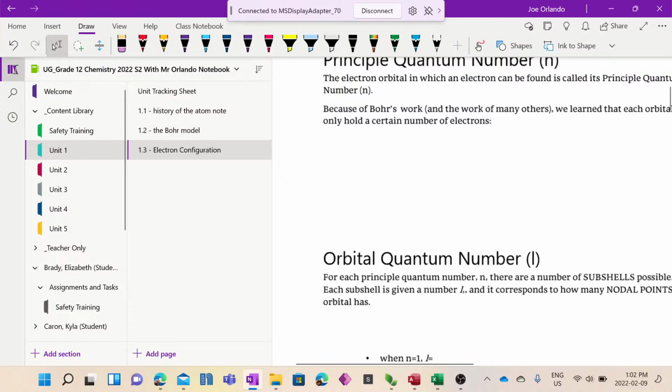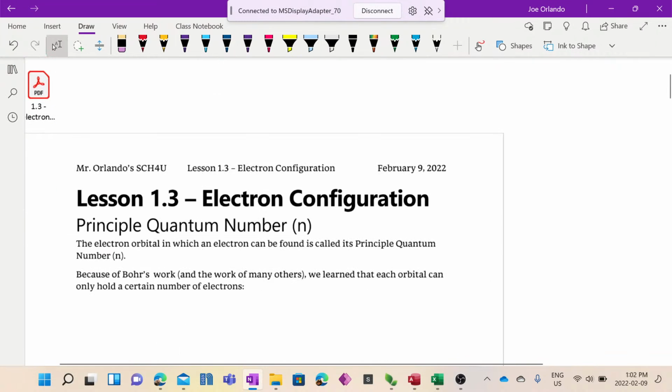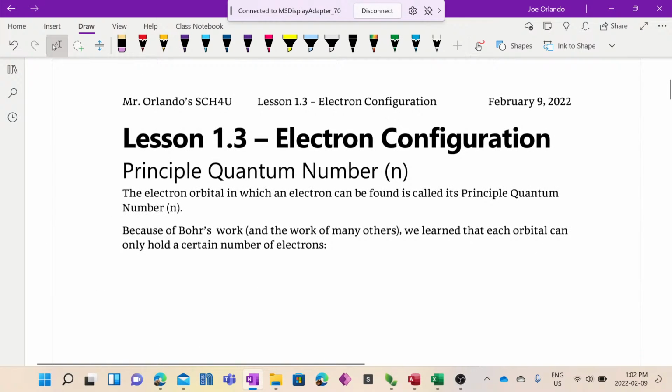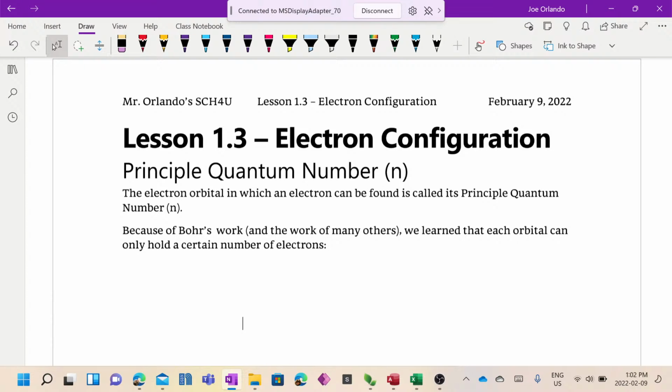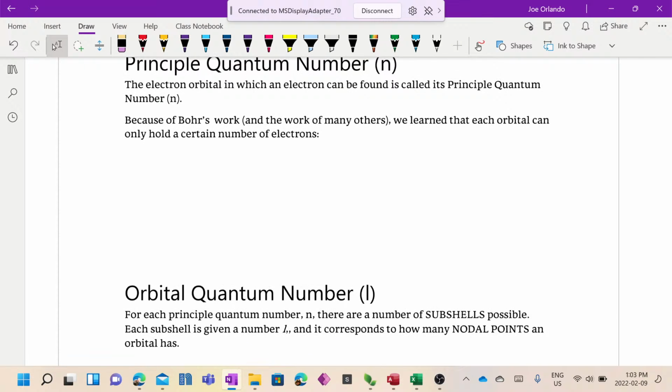Talk about electron configuration. So we'll start off by just reminding ourselves from yesterday about the idea of the principal quantum number. The electron orbital in which an atom can be found is called its principal quantum number, n. Because of Bohr's work and the work of many others, we've learned that each orbital can only hold a certain number of electrons. We'll remind ourselves of that. So if we have the nucleus here,